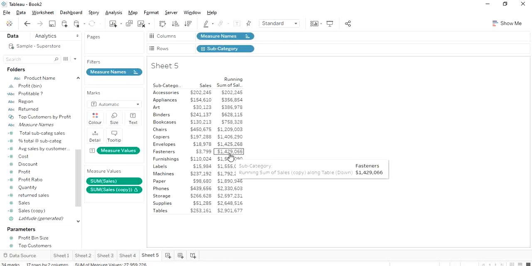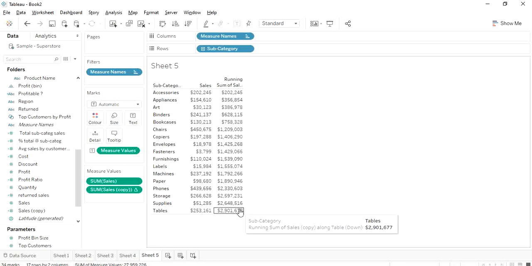Running total sum, and this label I'm getting is like total sales. For example, if you add all the individual items from accessories up to table, you'll get this number. I hope it is clear to all of you, running sum. So when do you need a running sum? A running sum is useful when we want to visualize, let's say,